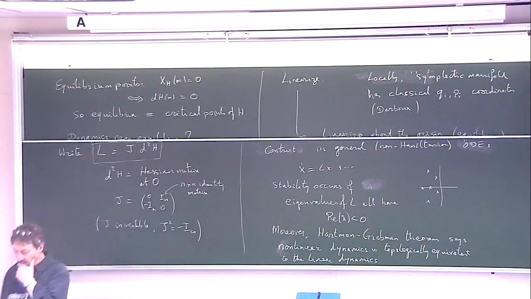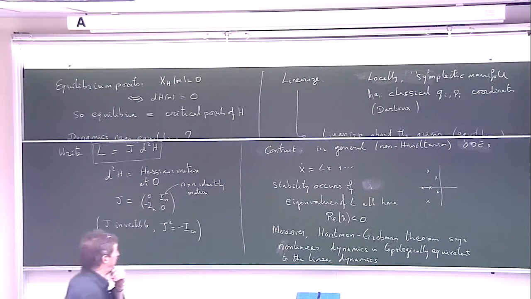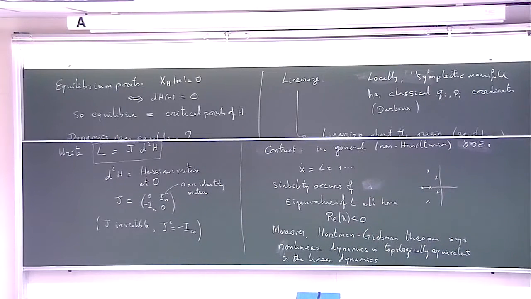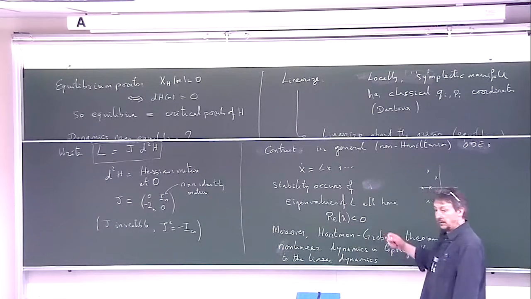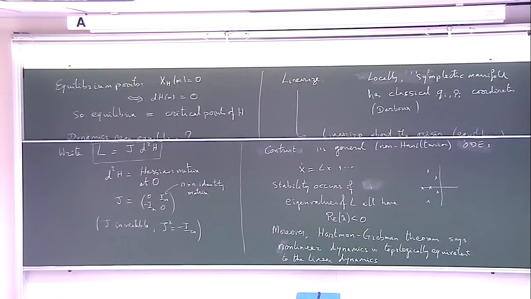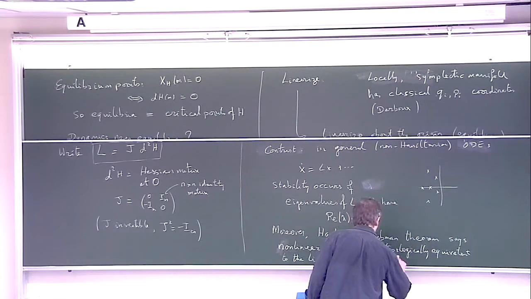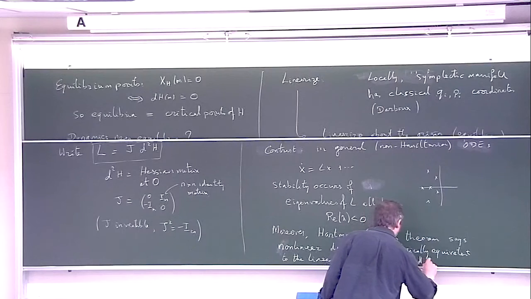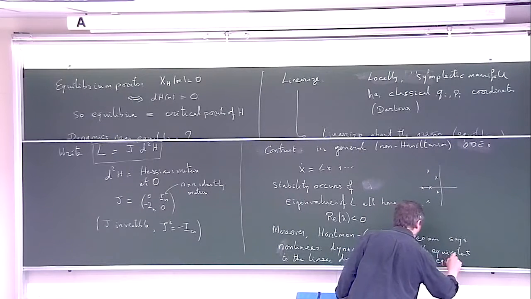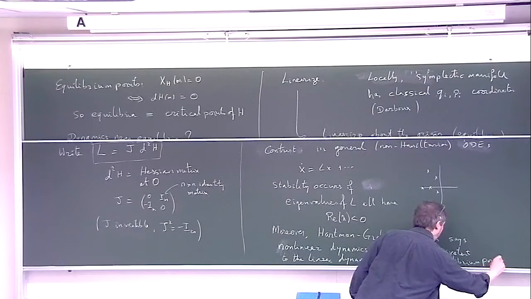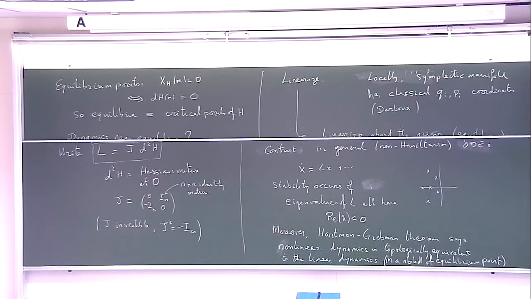the linear dynamics. So whenever, in fact, they don't have to be negative real part if they are not on the imaginary axis. If no eigenvalues are on the imaginary axis, then this is true. So this is in a neighbourhood, this is a local result. In the neighbourhood of an equilibrium point. So we have an equilibrium point,